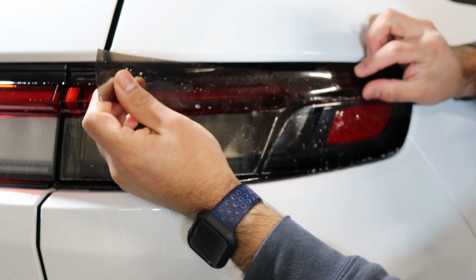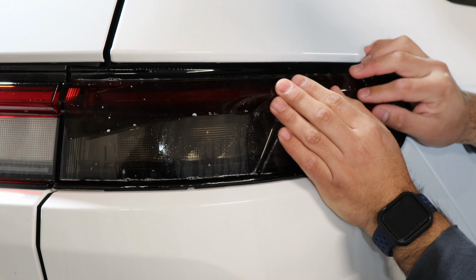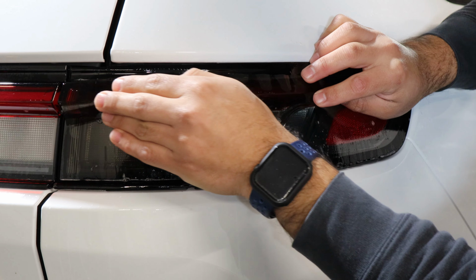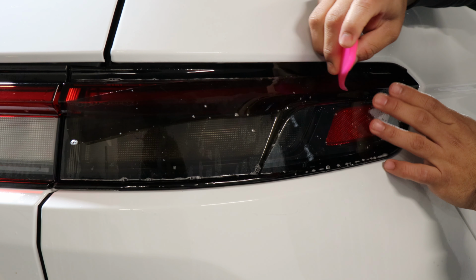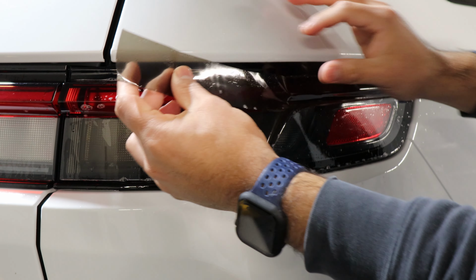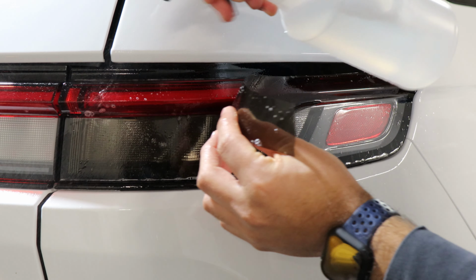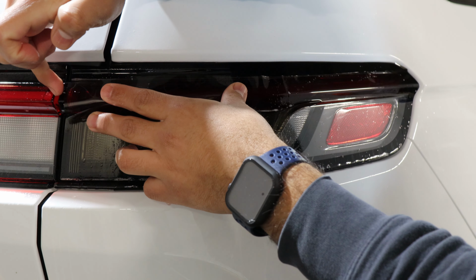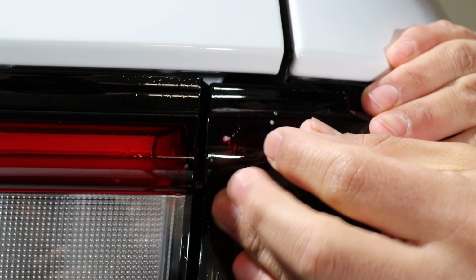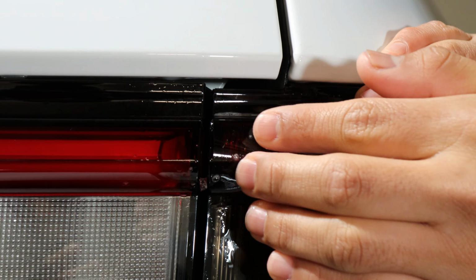Lift and align and tack down with your finger, and then from here we're going to stop for a sec and make sure we tack it down, because afterwards we're going to have to stretch just a bit the film so it can reach the edge here. And then from here we're going to lift a bit, add slip solution again. We're going to stretch the film up to the edge, but you're stretching going upward with the curve, so that way you can remove as many fingers as possible. Once you know it's in place, right to the edge,